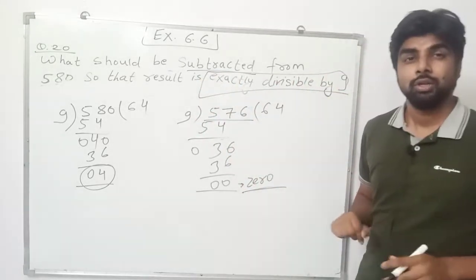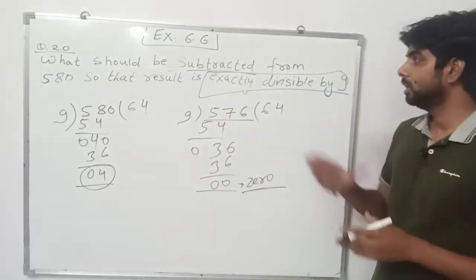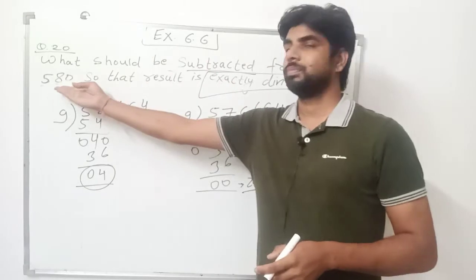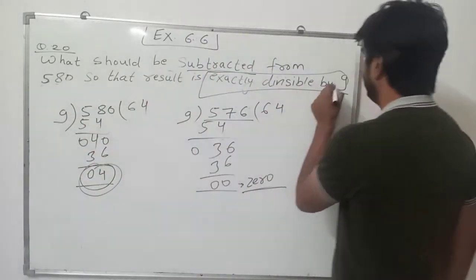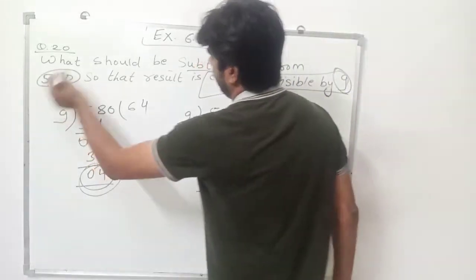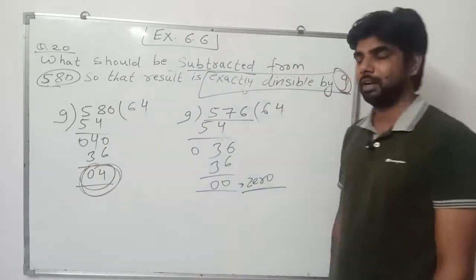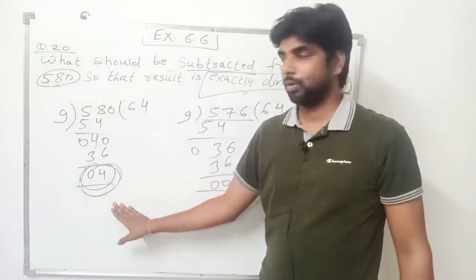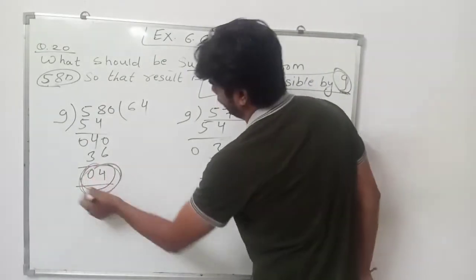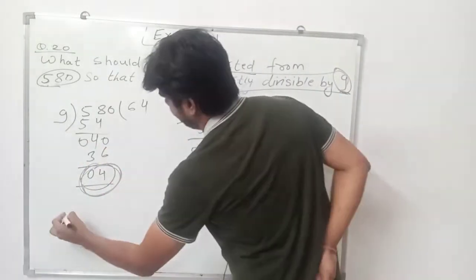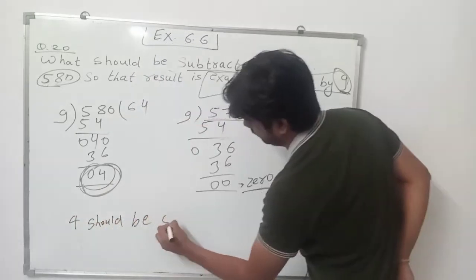So always remember, whenever we have to find some number that should be subtracted from some number, we divide that number. We divide this 580 by 9, and whatever the remainder is, we subtract that remainder from the dividend. Which means we will subtract 4. So in the answer, what will we write? 4 should be